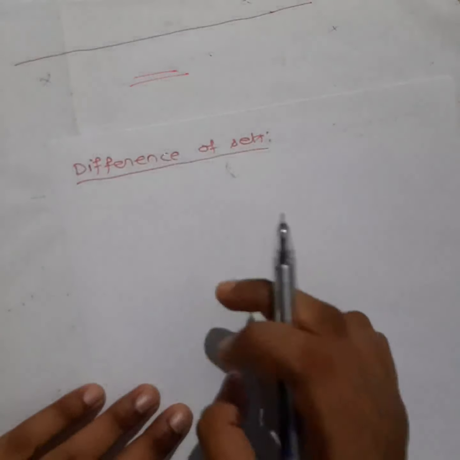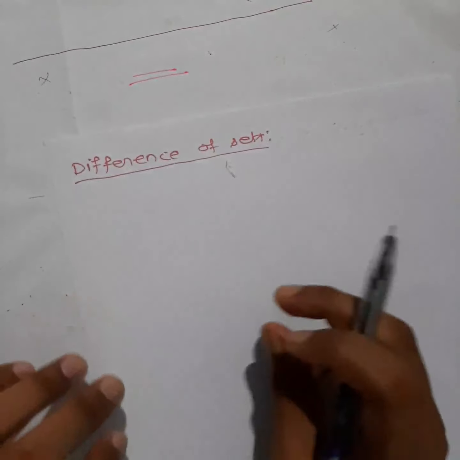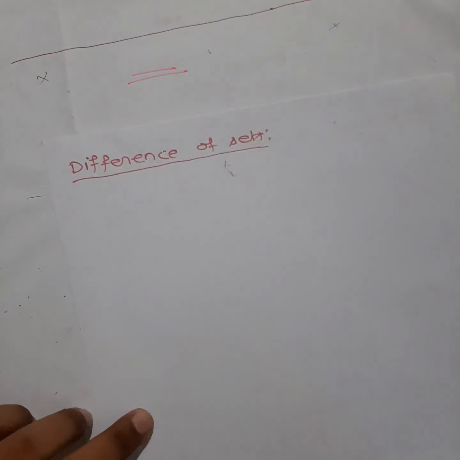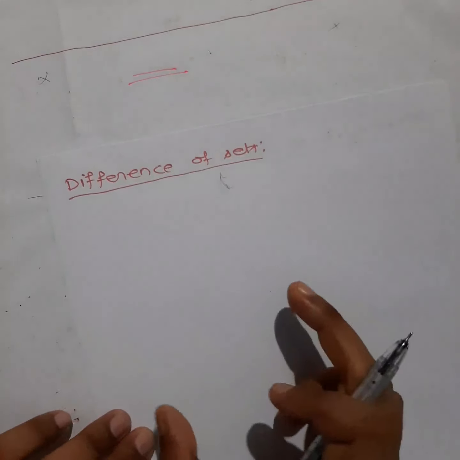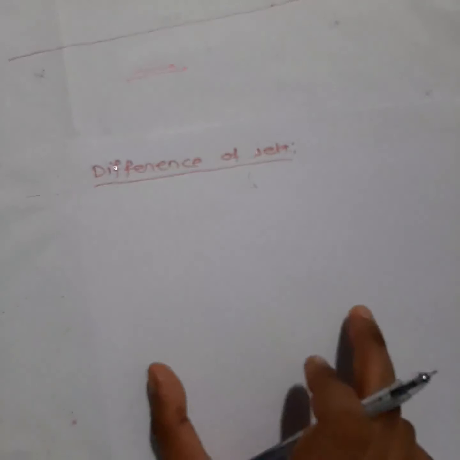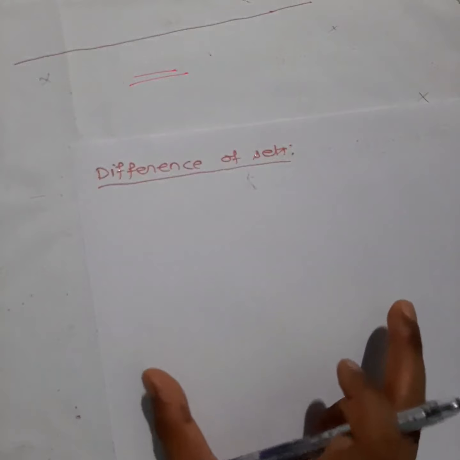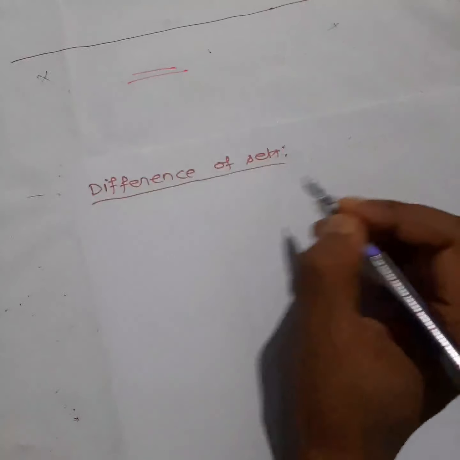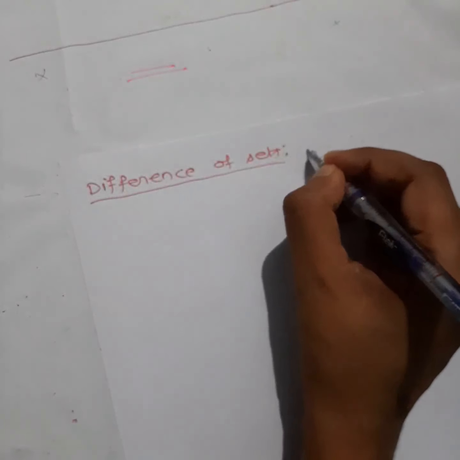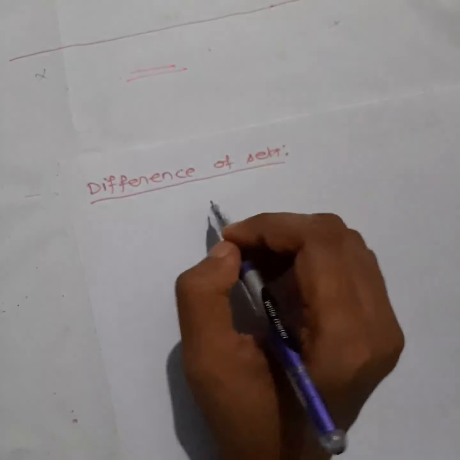After this, some definition again we will discuss that one, very simple definition, and after that we will discuss Venn diagram. Okay, these things we can represent in Venn diagram, and Venn diagram makes most of the questions simple to understand. So Venn diagram is very important here to understand. So difference of set is represented by the minus sign only, right? Symbol is minus only, okay?